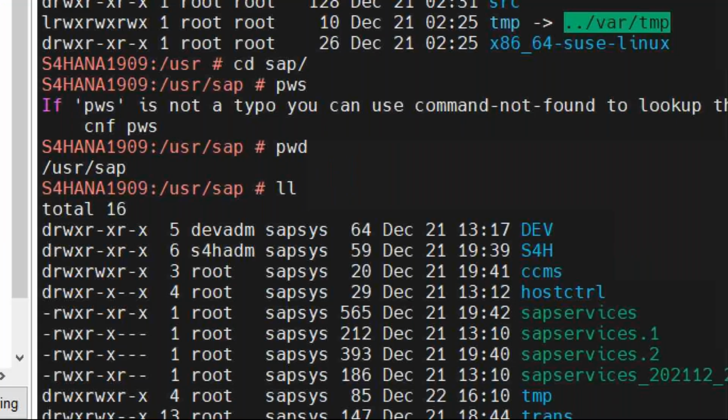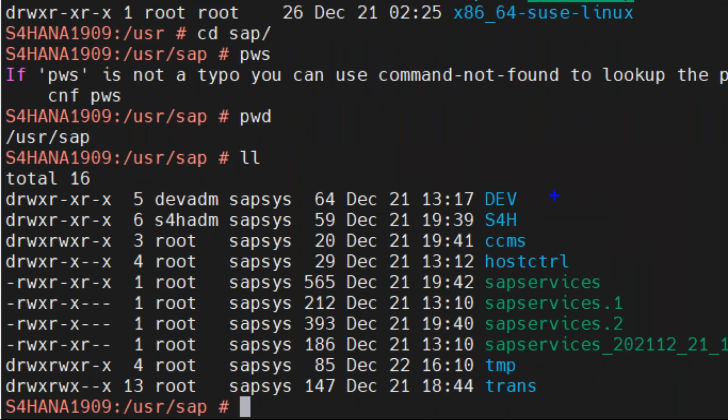In SAP, these are the folders. So here we have two SIDs. What do these two SIDs mean? This is the database, this is the front end. Front end, this is back end.